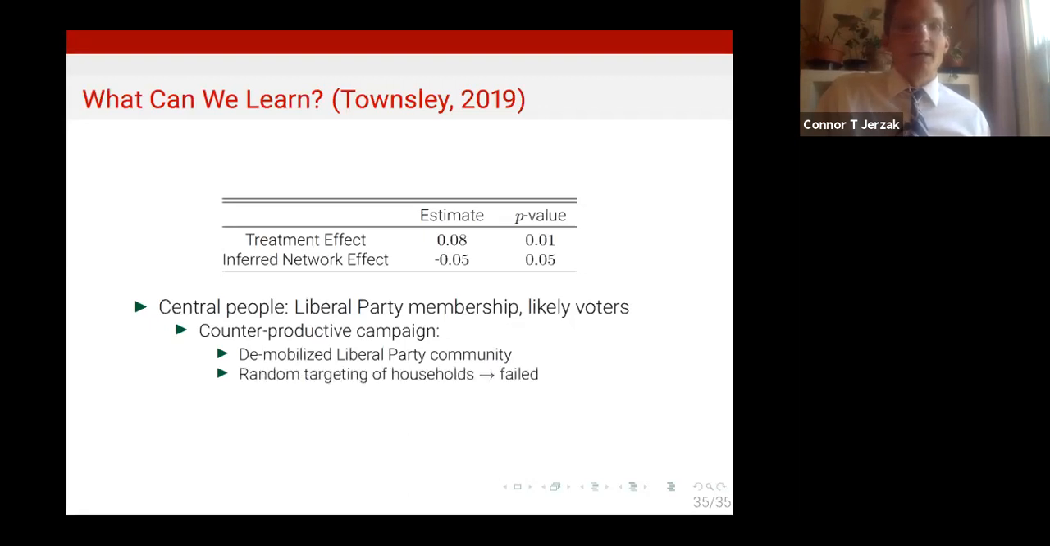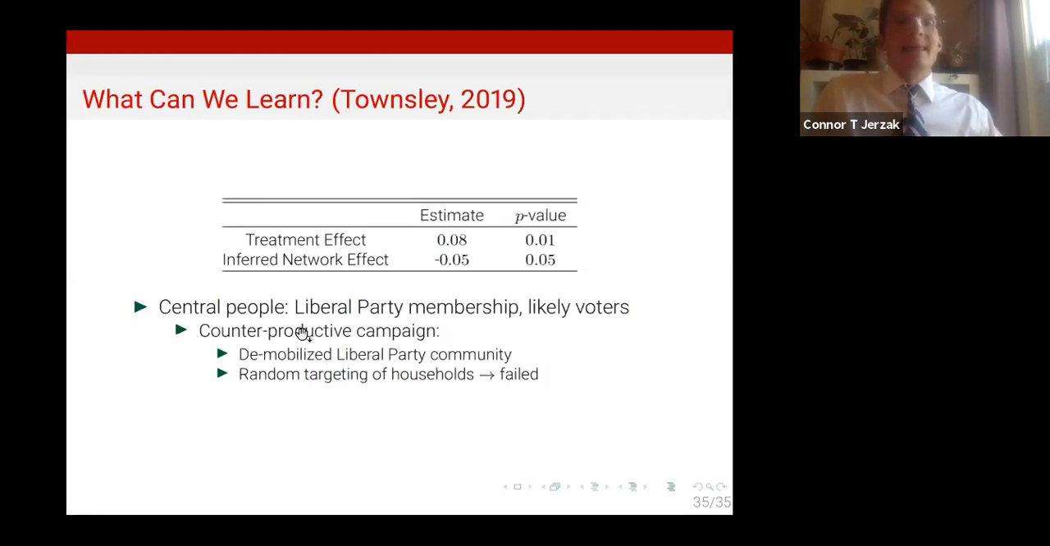demobilized the Liberal Party. So the conclusion here is that the random targeting of households by the Liberal Party campaign overall may have been quite counterproductive from the perspective of the party organizers. So this is some of the sorts of things that we can learn from this approach, and I think we can use the